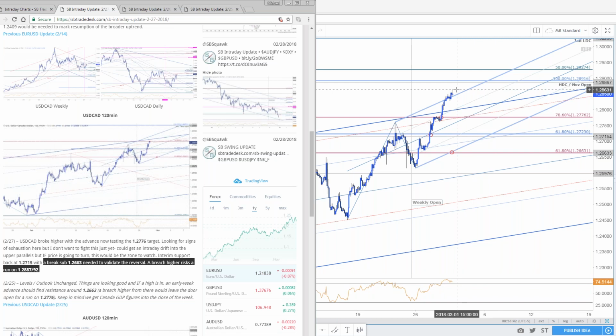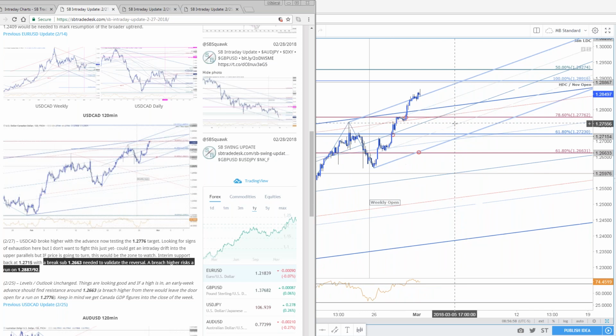So there's really nothing to do here, guys. If you're holding longs, I'd bring your stop up. Either trail that stop or bring it up to just below 128. If we pull back, that would be a nice region where we'd find support before the last stretch. If you're looking for new entries, there's nothing to do here.